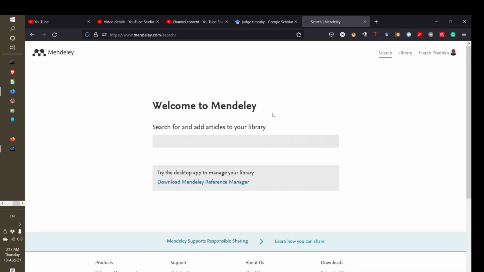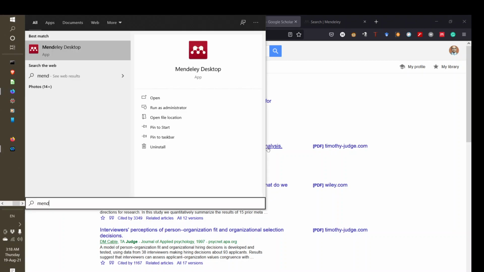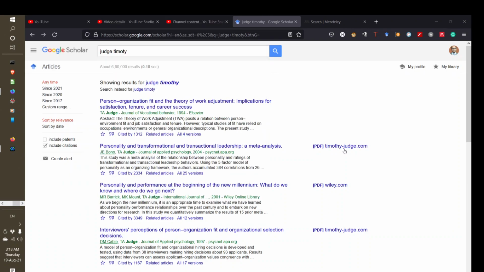Now what's the advantage of this? Suppose I want to study this article and use it in my references. Generally people integrate Mendeley in a way that they download the paper, download the Mendeley software on the computer and then use it.